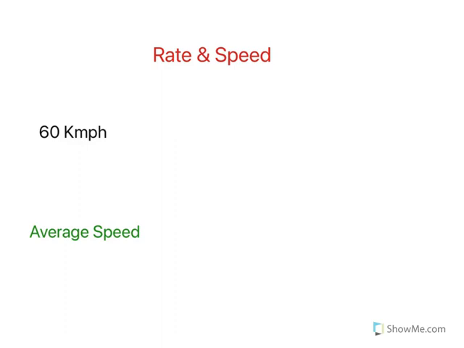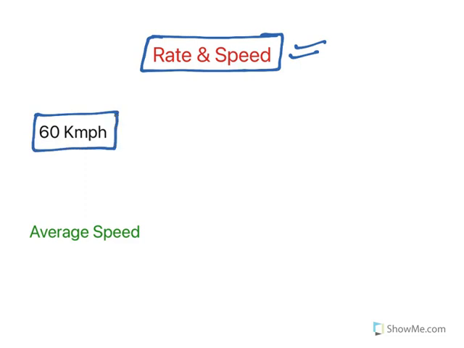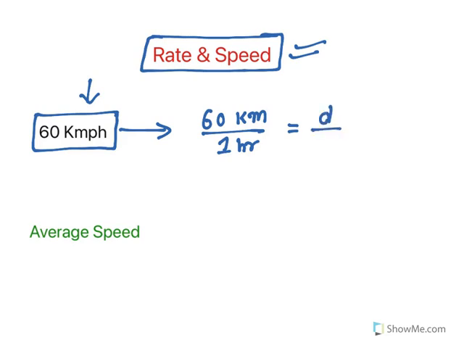Let's get into the topic. Now before getting into that, you need to understand rate and speed are used interchangeably, both of them more or less similar. When you talk about speed of a vehicle, we loosely say it as 60 km per hour. Let us understand what we are talking about. You say 60 km distance is covered in 1 hour. This is what is meant by 60 km per hour. So 60 kilometers is distance traveled, and this is time. And this is what is known as rate or speed.